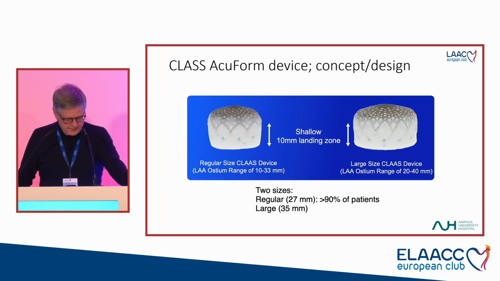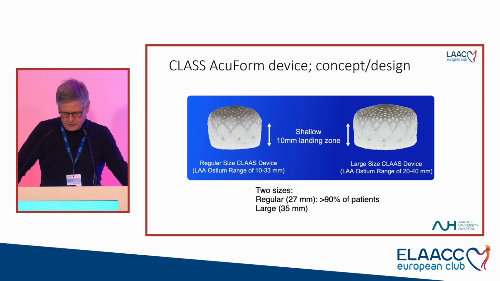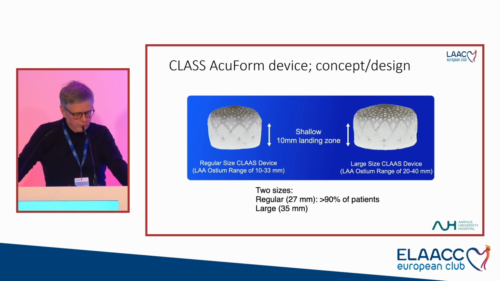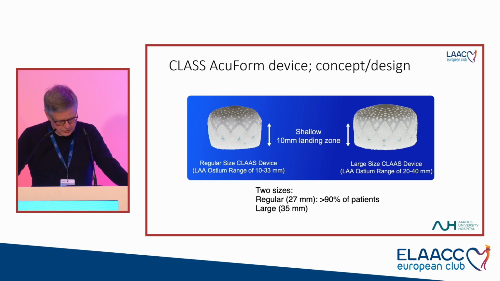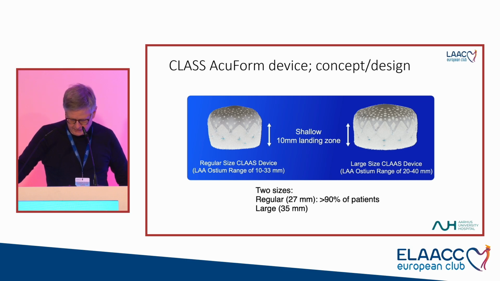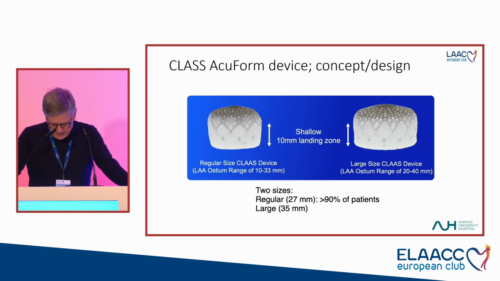One thing also with this device is that the height of this device is down to 10 millimeters, and this gives us an opportunity to implant it when we have a very limited depth. But also the idea with this very conformable, flexible endoskeleton and this foam covering it is really to not have a large range of different device sizes. So this device only comes in two sizes, a regular size, which has a diameter of 27 millimeters, and a large device which has a diameter of 35 millimeters. And with those two devices you can cover a full range of appendage landing zone diameters from 10